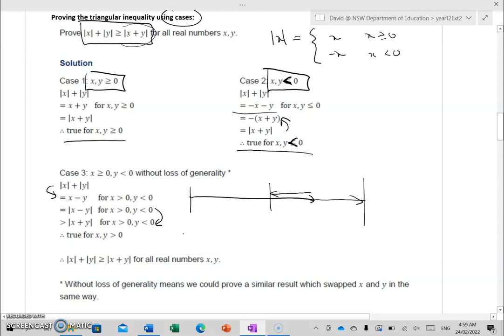Okay, so it's true for the case where, cross that out, x is greater than or equal to 0 and y is less than 0. So it's true for that case. And the fourth